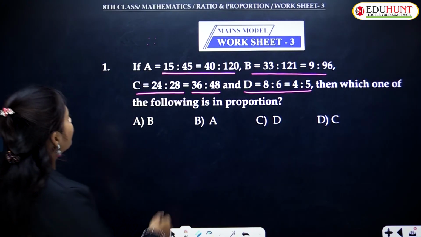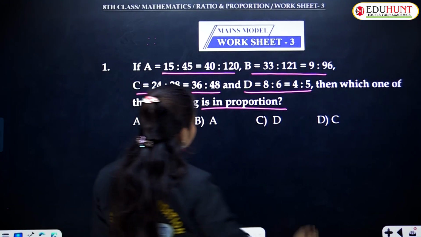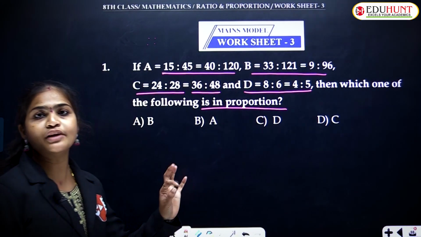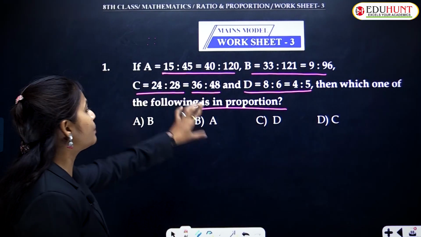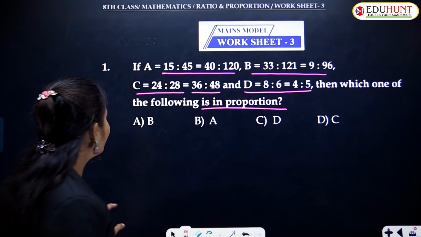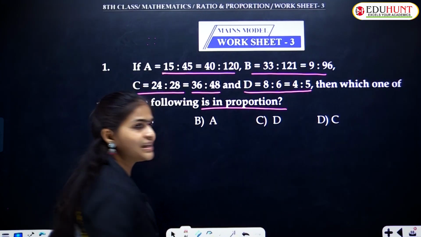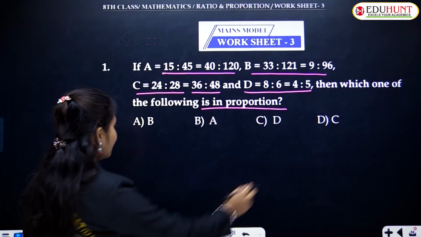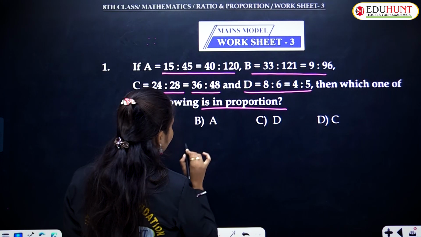Then which one of the following is in proportion? So here they are asking, they have given the ABCD values, no? Which one is in proportion, they are asking. So before going to discuss that, what does proportion mean here? Here, the equality of two ratios,